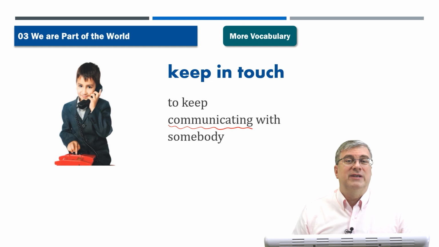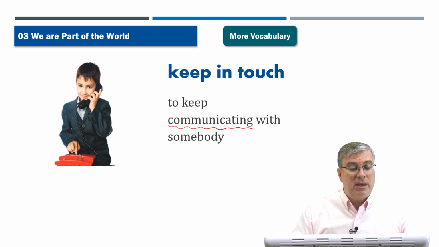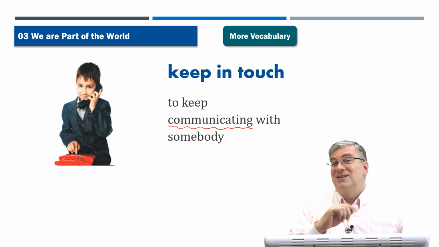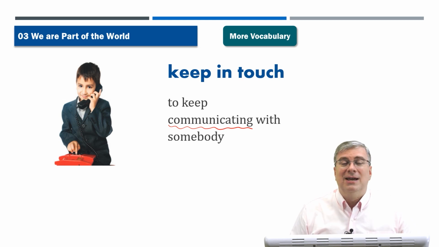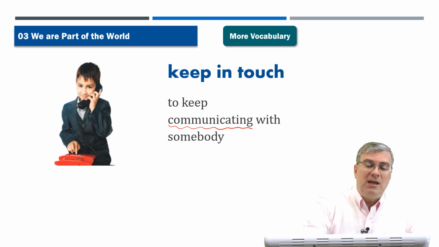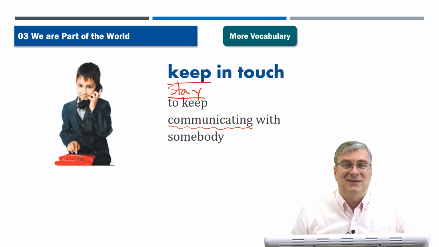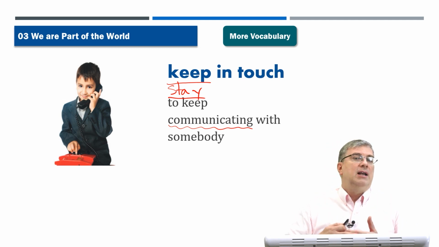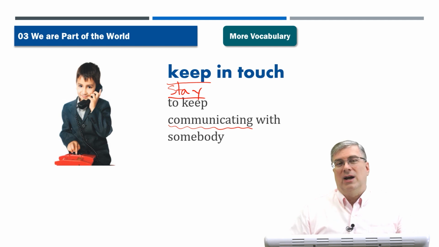So maybe sometimes you send them email. Maybe you call them on the phone. Well, that's a very old phone, on your cell phone. Or you text them. You can text internationally these days as well. But you want to stay in touch. Stay in touch, keep in touch means the same thing. So stay in touch, keep in touch, it doesn't matter. They both mean the same thing. It means you don't lose touch with a friend who has moved away, friend or relative who has moved away. Okay, so that is our vocabulary for this lesson.